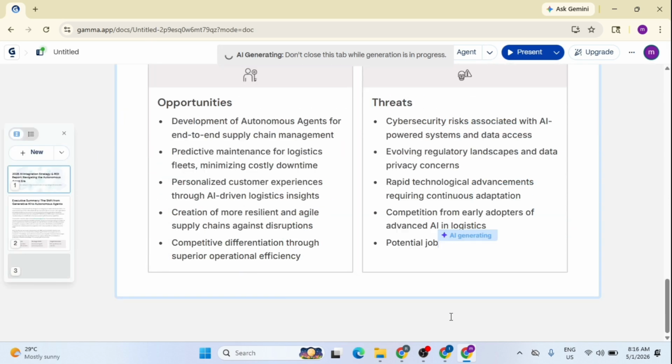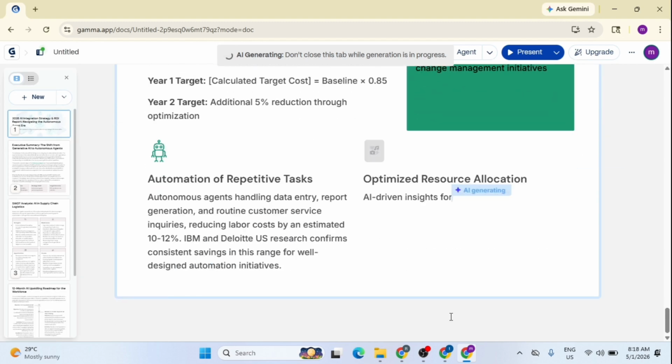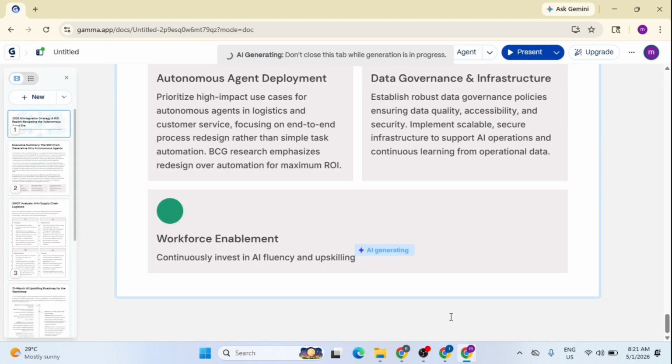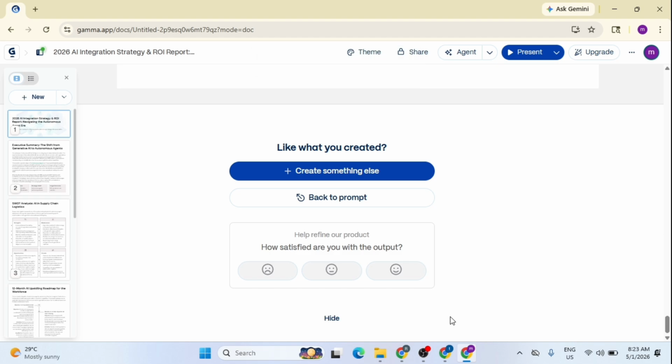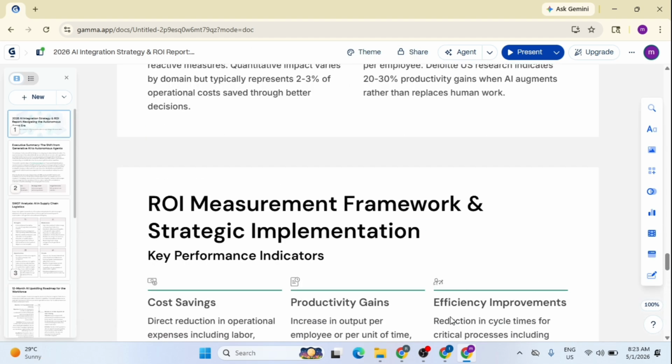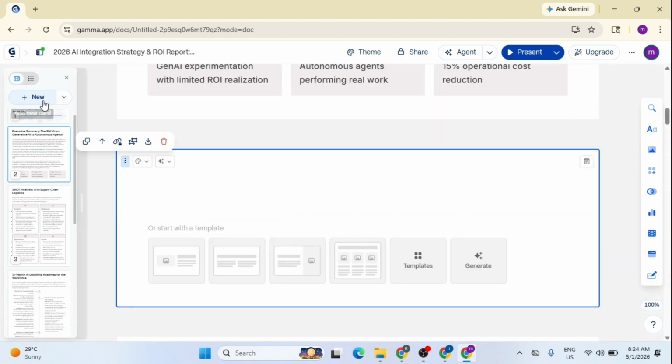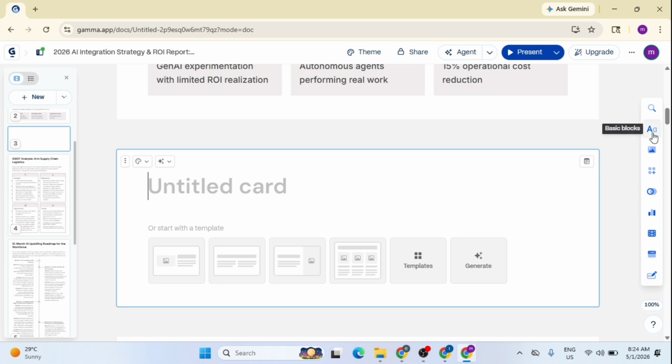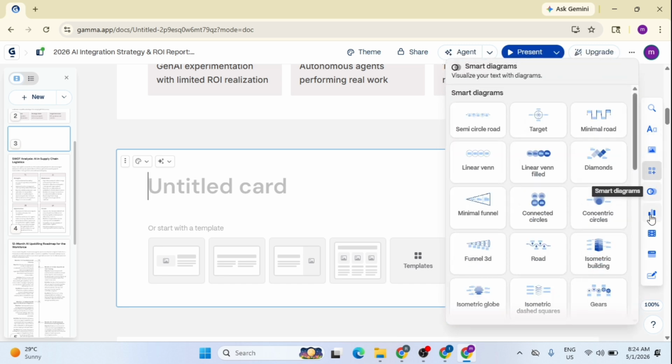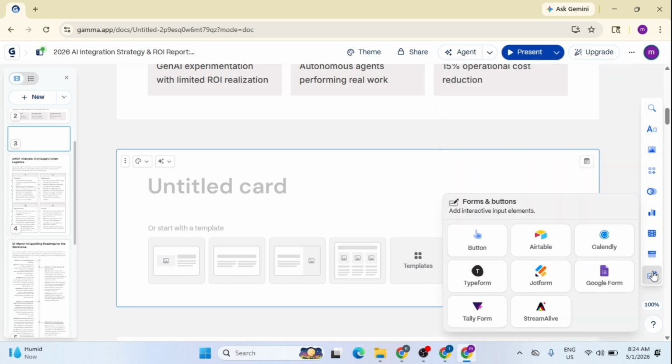As the AI works, I can see it building a comprehensive report with detailed sections on supply chain logistics and a 12-month upskilling roadmap. You can now edit and start changing the content if you want, and add more to tailor the report to your specific needs. I can even use the AI assistant on the right to refine specific blocks of text to make them more